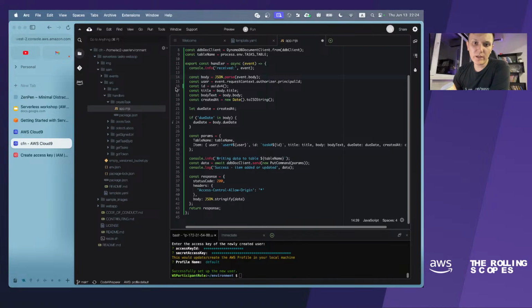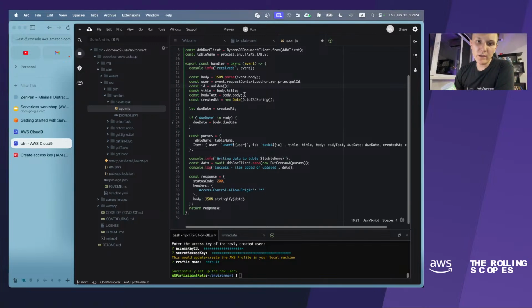After that, we can retrieve user ID using authorizer data, and we create unique ID for created task using UUID library, which is basically just creating unique IDs for us.